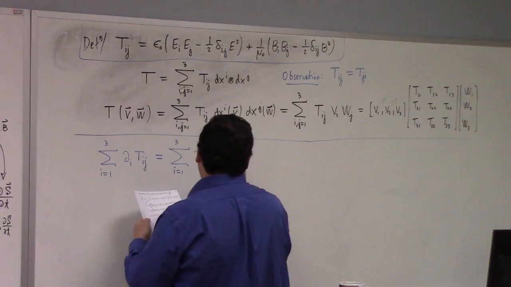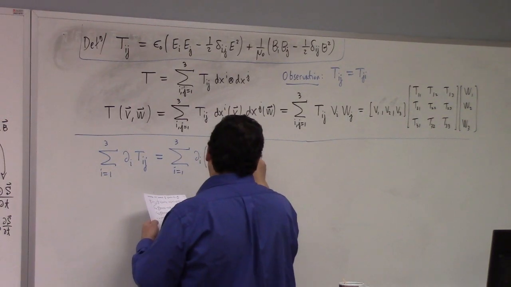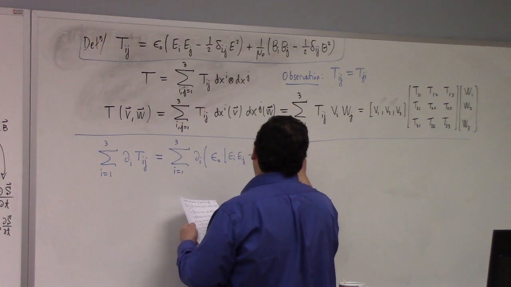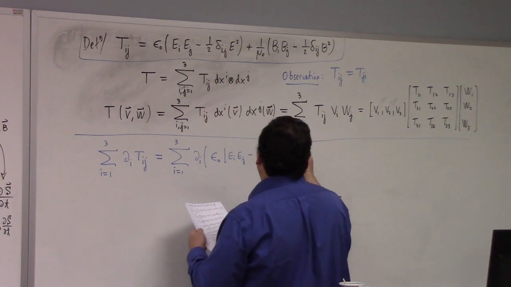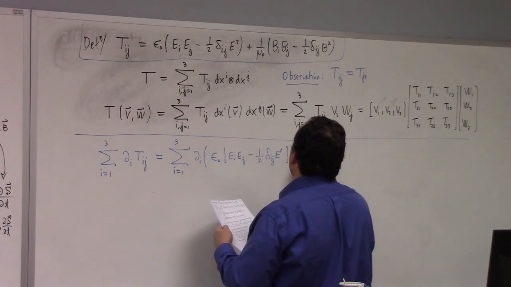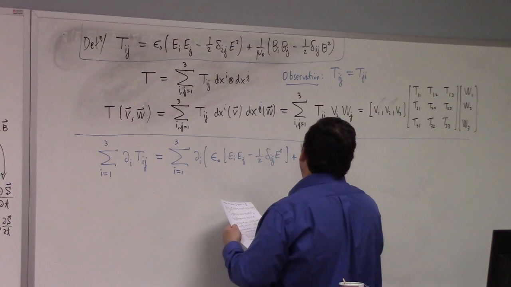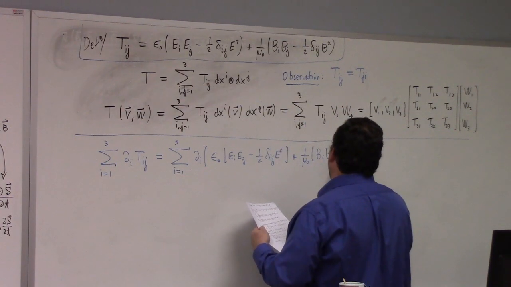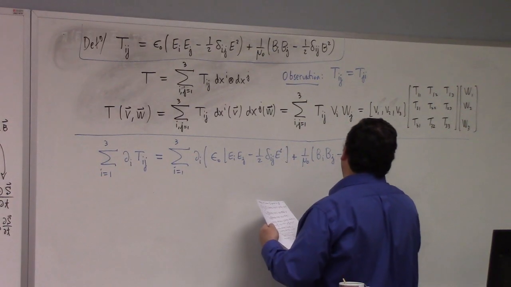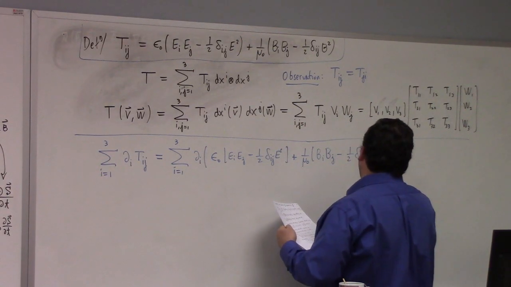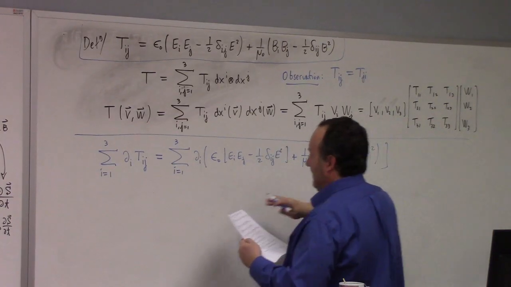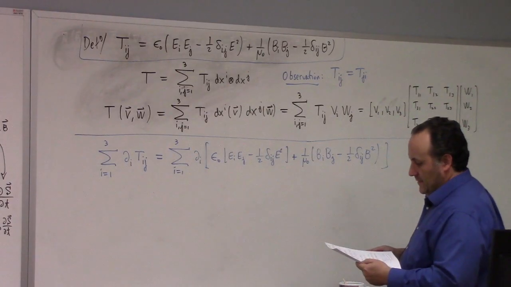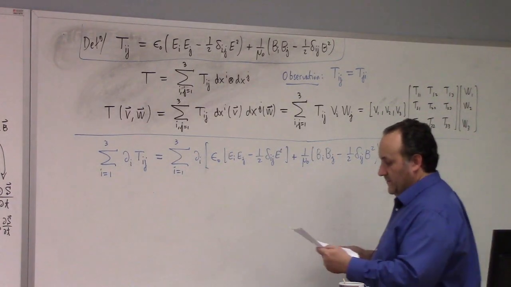Of epsilon naught times (EI EJ minus 1/2 Kronecker delta IJ E squared), plus 1 over mu naught (BI BJ minus 1/2 Kronecker delta IJ B squared). All right. And if I work through that,